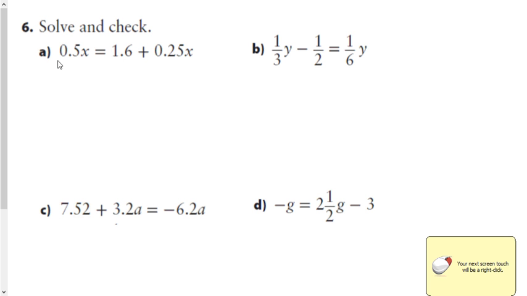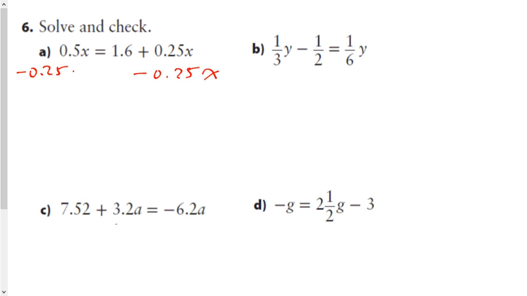So I'm going to look at this, and I'm going to say, if I apply a negative 0.25x to a side that has a positive 0.25x, and I do that to both sides, I'm going to subtract that much x from both sides. That creates an algebraic zero pair, leaving me with 1.6, or $1.60 on that side. And a positive half of x and a negative quarter of x is going to leave me with a positive quarter of x. Now, if you want to know how to do that, you have to think back to chapter 5